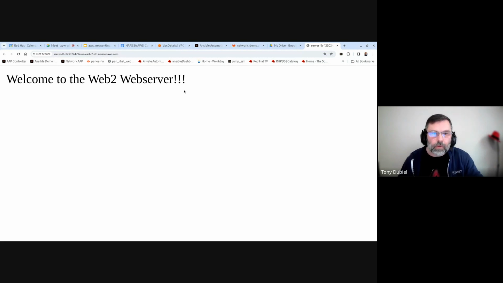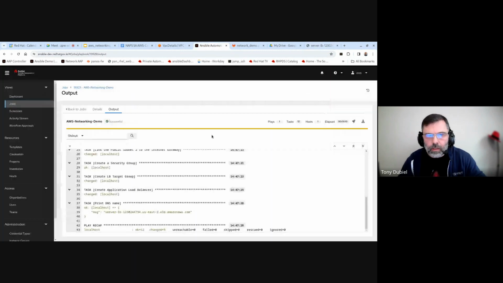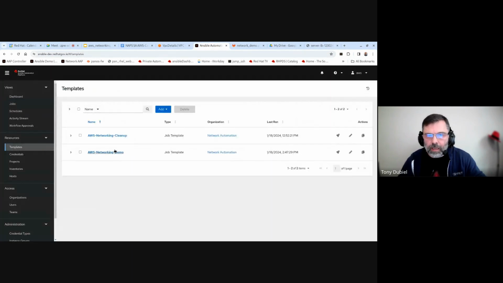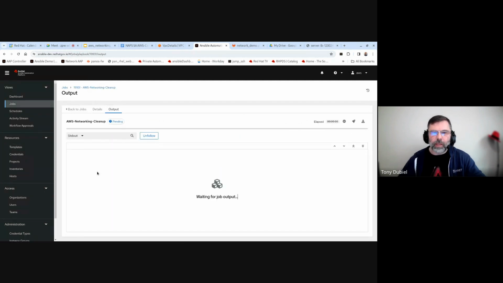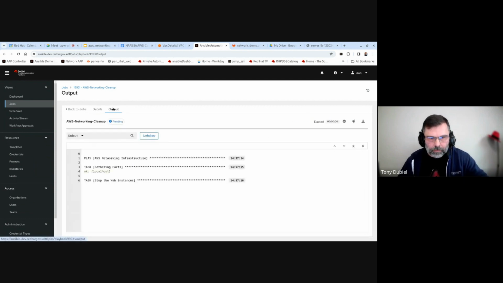So if we're done with this, say it's a temporary web service, then the other thing that we could do is go back to my templates, where I have the cleanup that I showed you earlier. And we can let this thing run and it'll remove the load balancer, the target group, the route table, the mapping to the networks, but it keeps the actual subnets because they're already connected to those VMs. And if I were to terminate those VMs, then we could actually remove that stuff as well. While this is running, which probably takes a couple of minutes because it has to stop the VMs and so on,